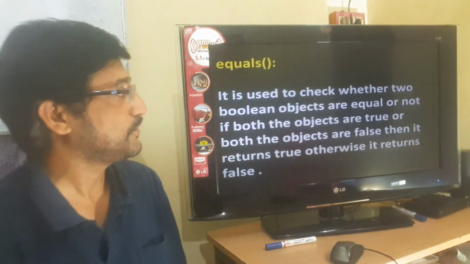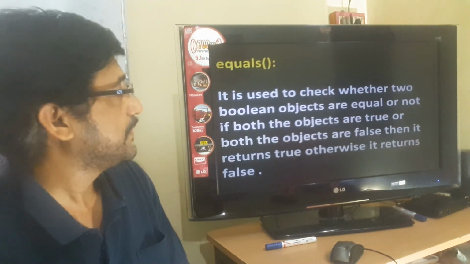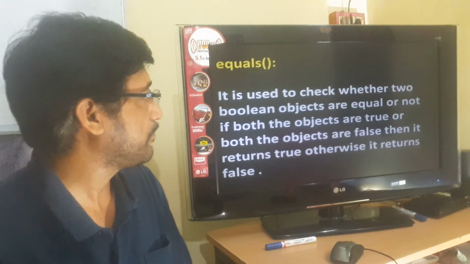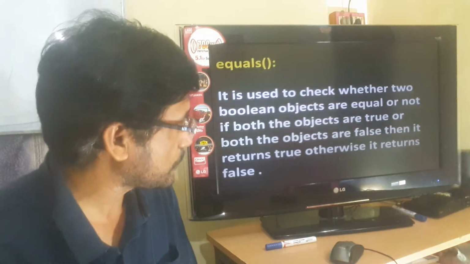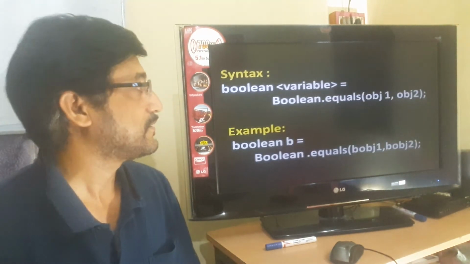Now see, write down: it is used to check whether two Boolean objects are equal or not. If both the objects are true or both the objects are false, then it returns true, otherwise it returns false. Then write down the syntax.